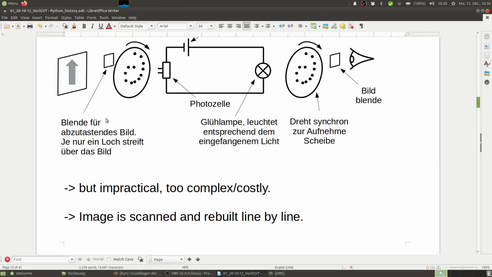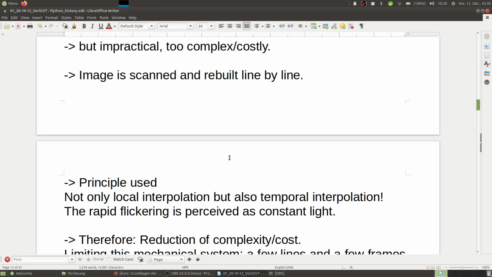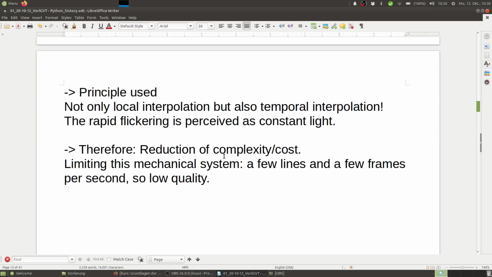So basically it's possible, but still you get only very few lines. You can see here the disk has only space for so many lines. So that's why the quality is actually quite low. So the principle is still used. So we not only have local interpolation, but also temporal interpolation. So this should be spatial